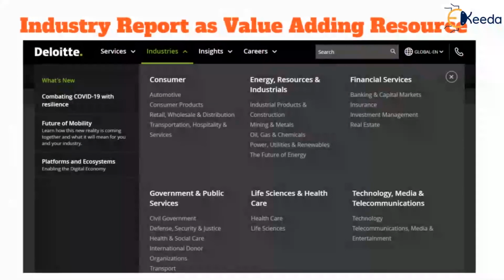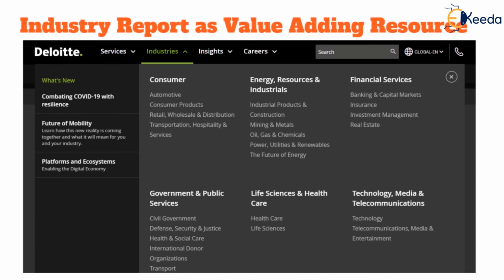Then, industry report as a value adding resource is, as I said, offered by companies that are in the consulting business. So, I've taken an example of a company called Deloitte that has services like consulting, tax, audit, digital transformation, cybersecurity, and all that. And they have presence all over the world in these many industries.